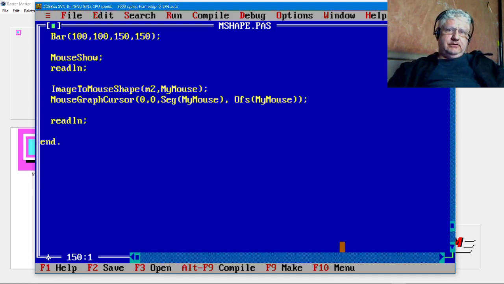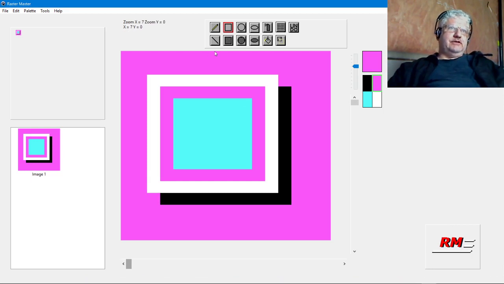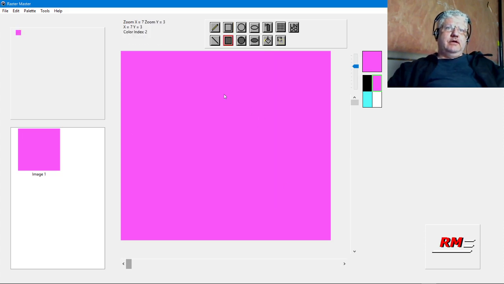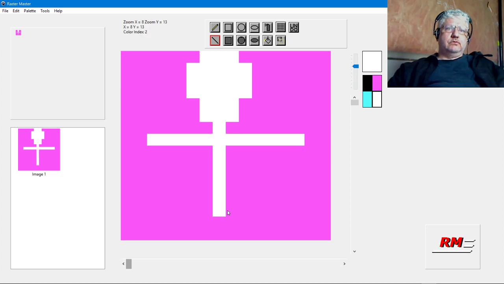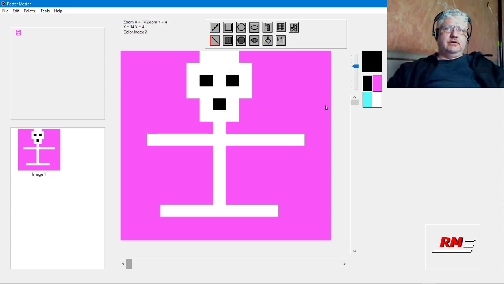And let's just create something from scratch that doesn't normally look like a mouse pointer. So I will clear everything here and let's make a little person. And let's have some eyes closer together and a mouth. All right,